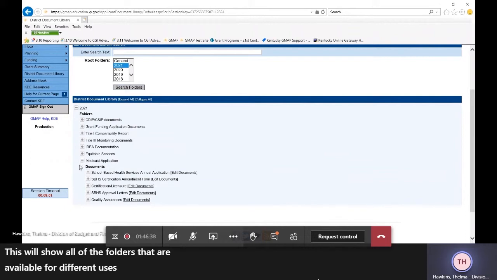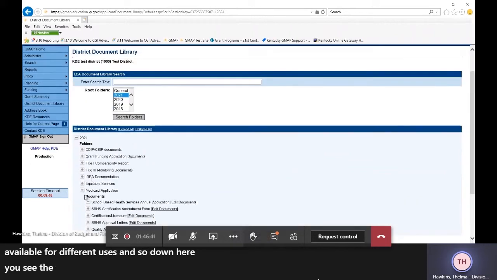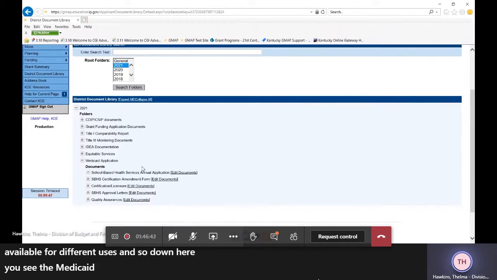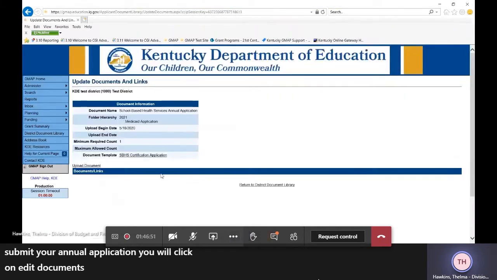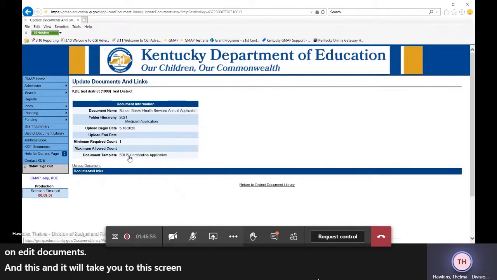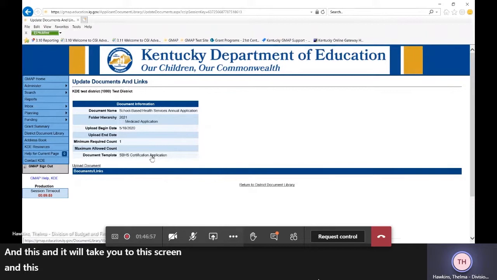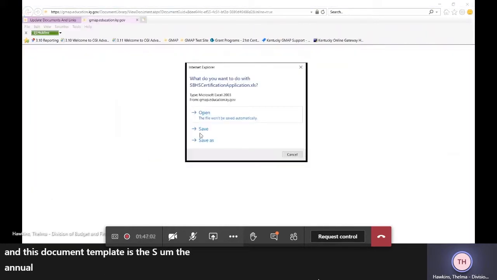And so down here, you see the Medicaid application. So to submit your annual application, you will click on Edit Documents. And it'll take you to this screen. And this document template is the annual application.